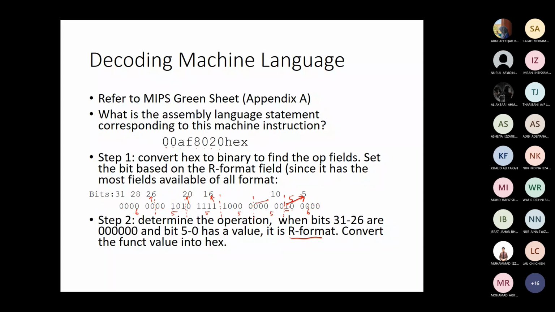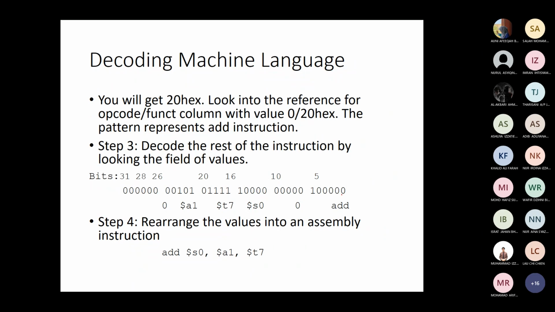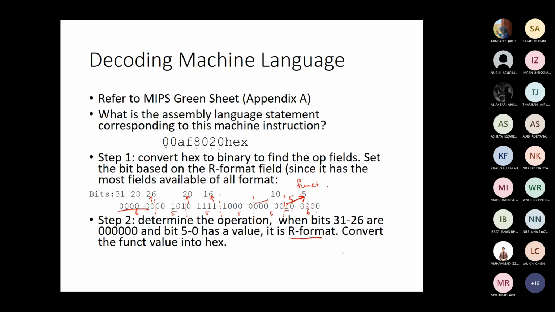And then convert this function value. This is the function, because the opcode is all 0, so you should know that this is an R format. So this is your function. Convert all this field into the equivalent of the R format. When you look at the function here,